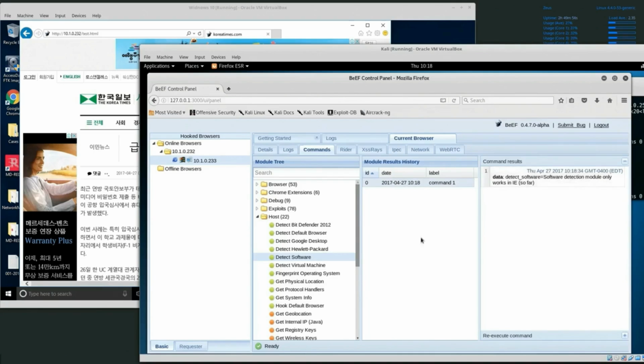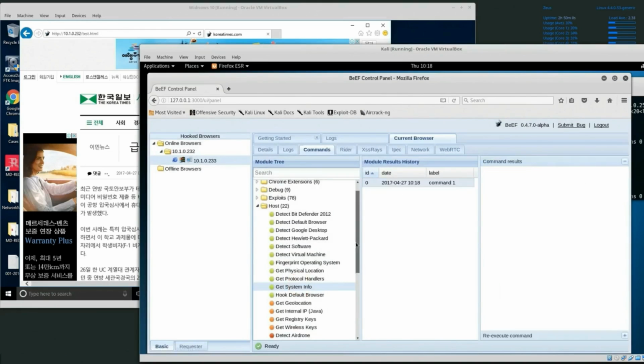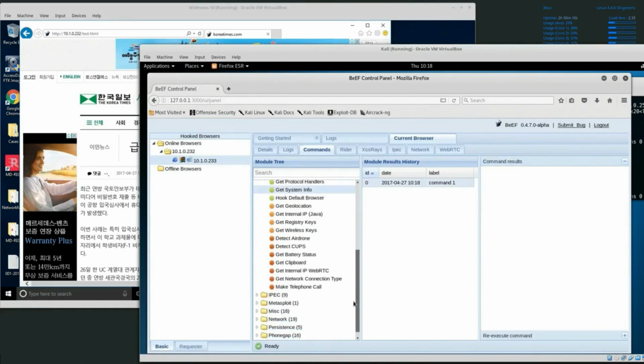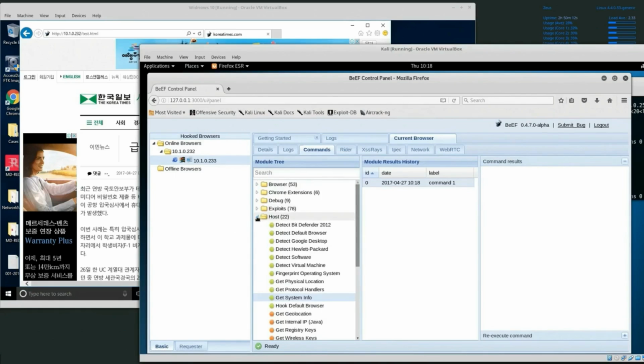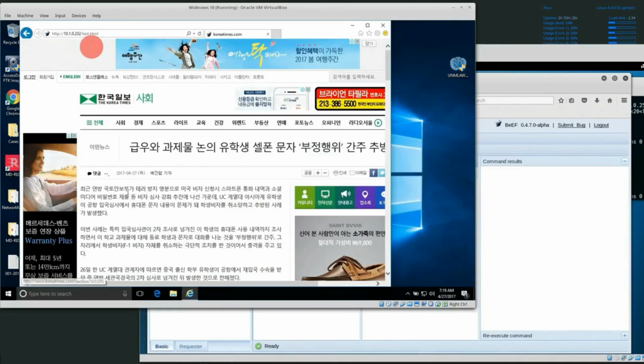Physical location won't work. System info might work. Yeah, it's not going to work. There's a couple other things that I can do. A lot of these will only work on older browsers or specific types of browsers or particular plugins in a browser. So we've already taken over the browser and then redirected the user to a web page